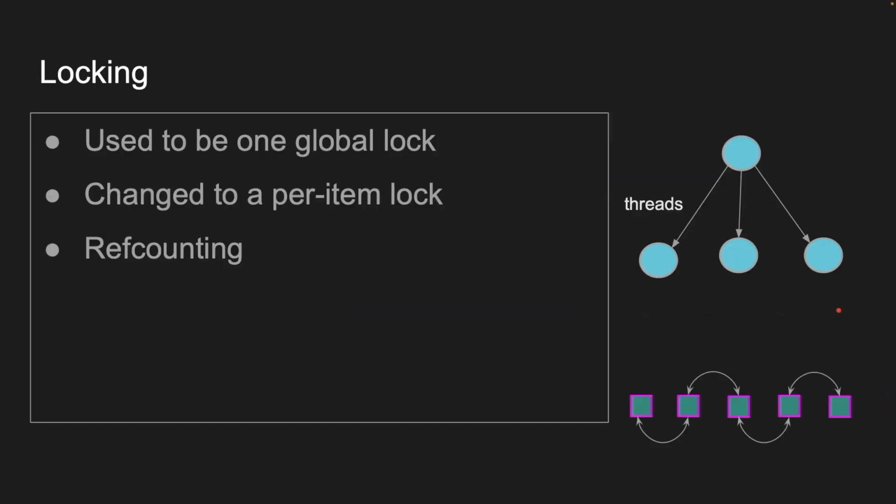I think I'm going to skip this because we talked about locking in a minute. We talked about threads and then accessing the LRU and how it was a global lock and then it changed to a per item lock. And then still we have ref counting. Every time you read an item, you increase the ref count, and when you release it, you decrement the ref count. This is so the garbage collection